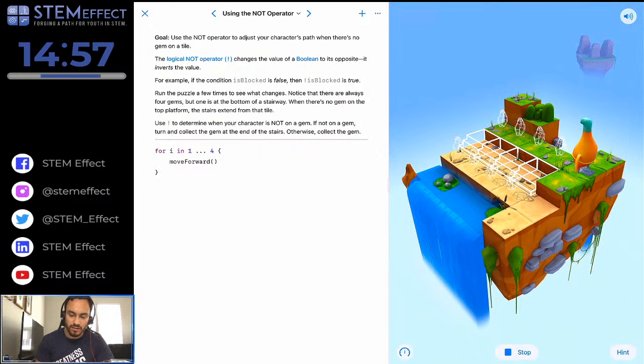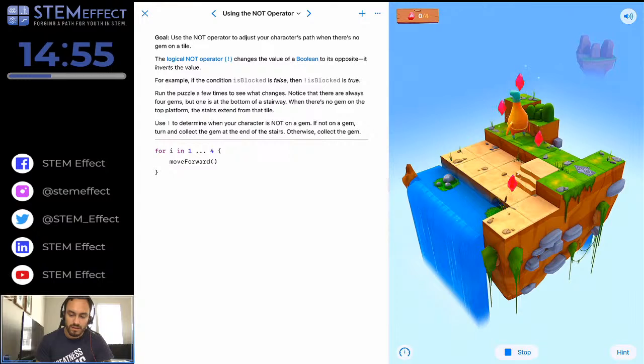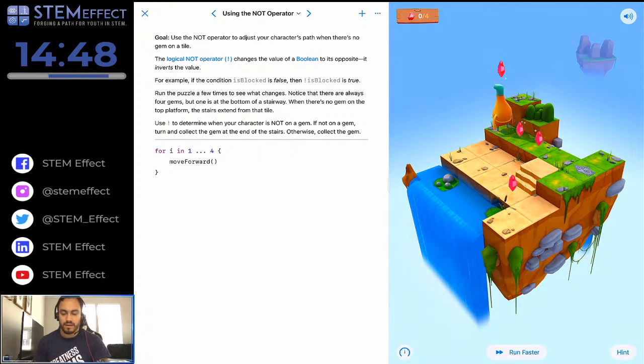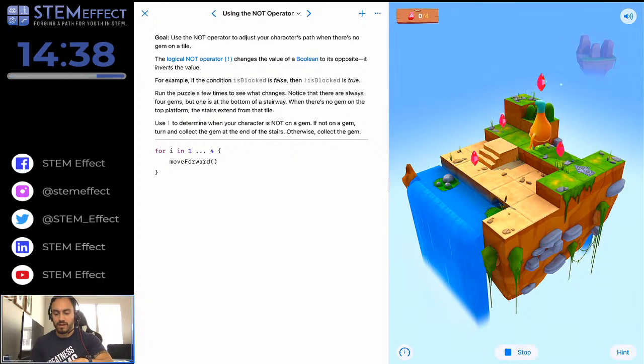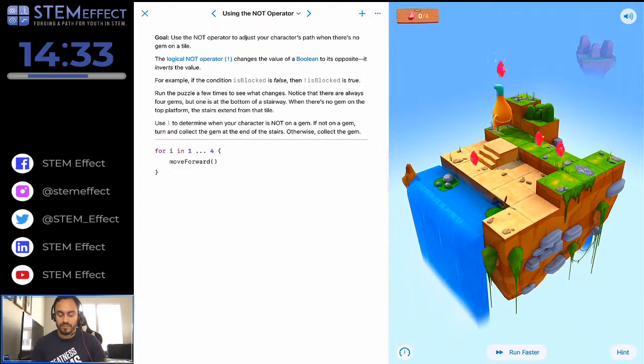So Byte's just going to go through and basically you're just going to move forward in our for loop 4 times. So 1, 2, 3, 4. So now what we need to do is, as you can see when we ran it, I'll run it again, there will be a random staircase, and that'll go down to the gem at the end of the stairs. Otherwise, it'll always be in front of them. So we need to write an if statement,